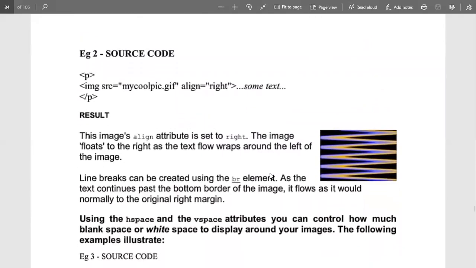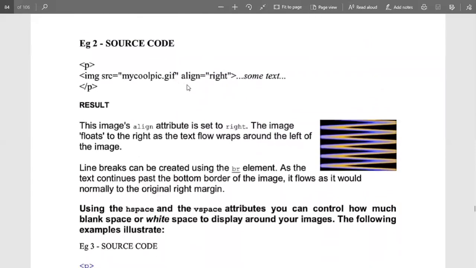And when we assign right, here you can see alignment is equal to right, so the image is reflected to the right part of the text space. So when the image align attribute is set to right, the image floats to the right as the text wraps around to the left of the image, because this works vice versa. Whenever the image is at left, the text is at the right side. Whenever the image is at right, the text is at the left side.